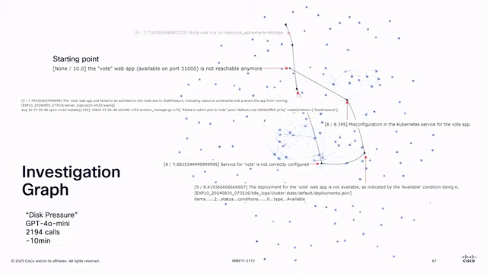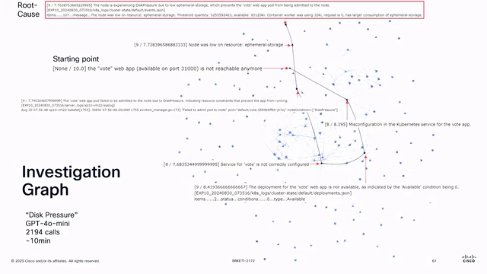I reformulate my hypothesis, or I have it reformulate my hypothesis, and then I find that the node manager was low on resource, and that gets me to my final thing, where I say, the vote app, the node is experiencing disk pressure due to low ephemeral storage, which prevents the vote app from being admitted to the node. This is freaking accurate. So we have a journey that takes us all the way from the problem all the way to the endpoint.